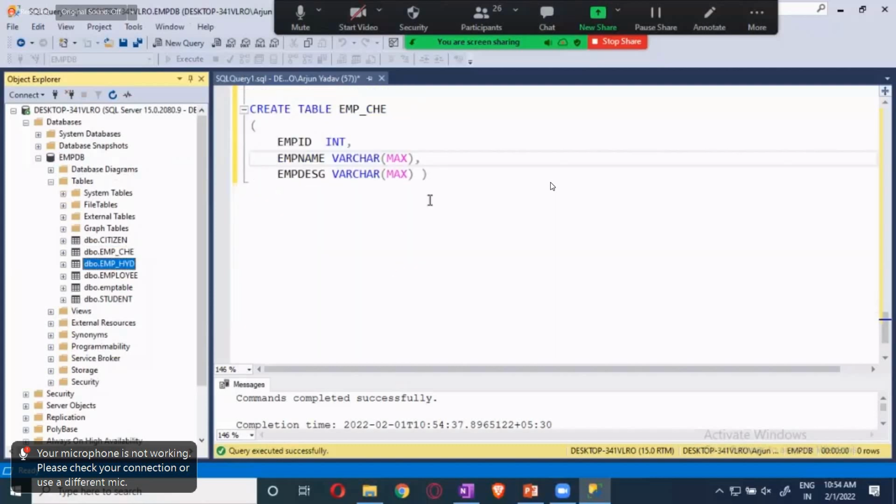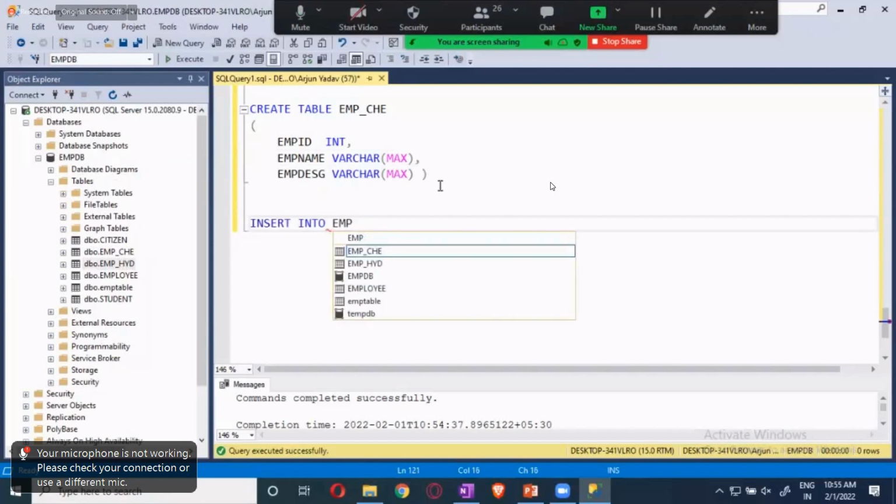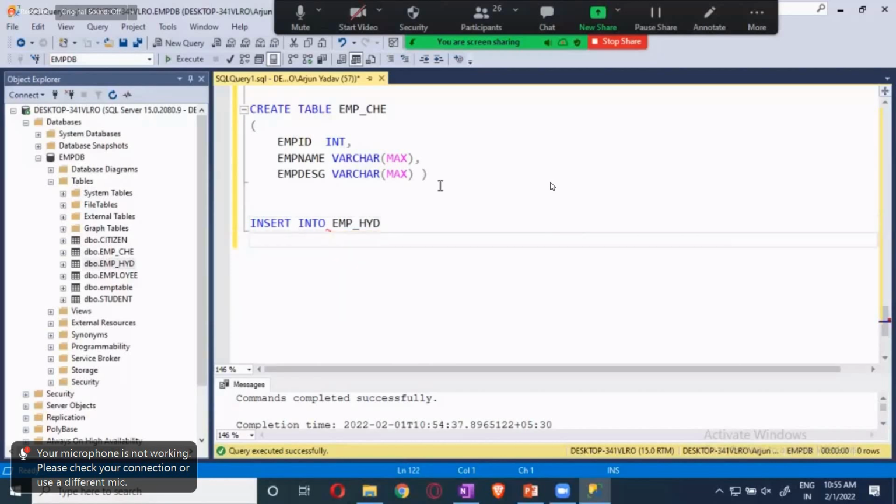Now I will enter the values into them. Insert into employee underscore Hyderabad values.